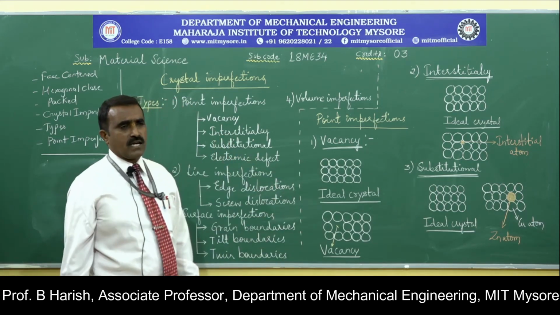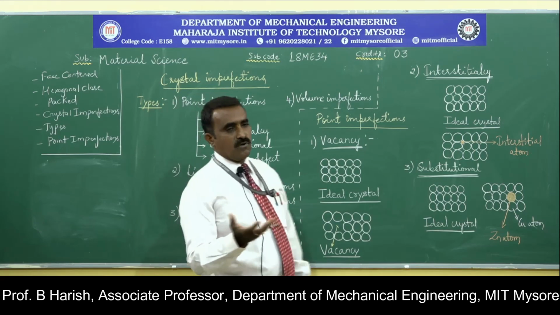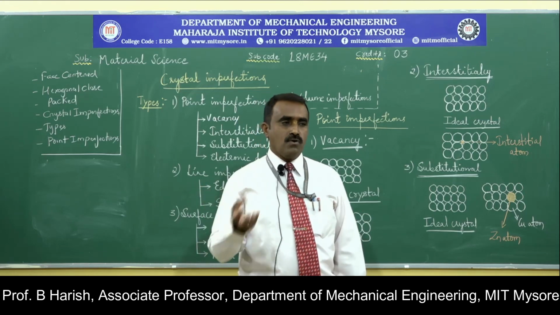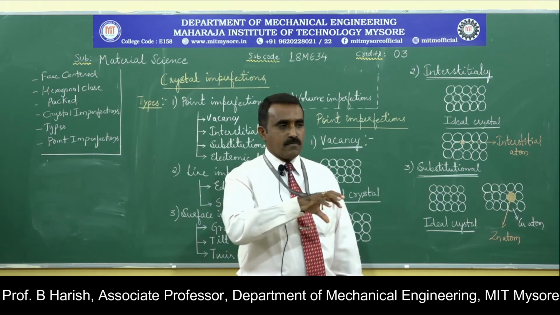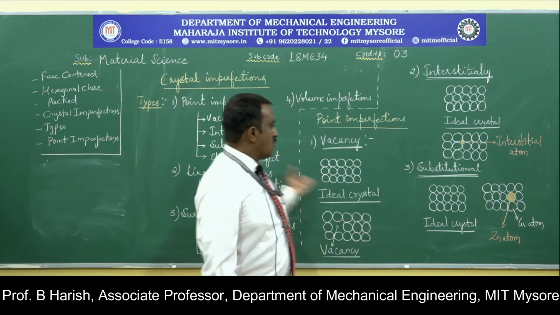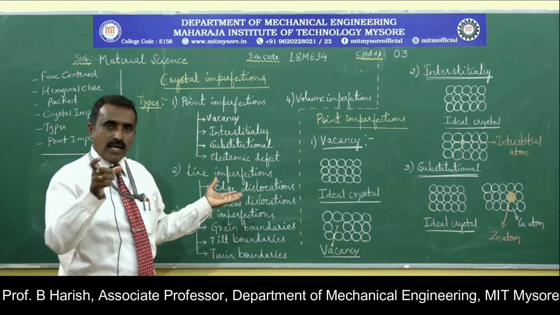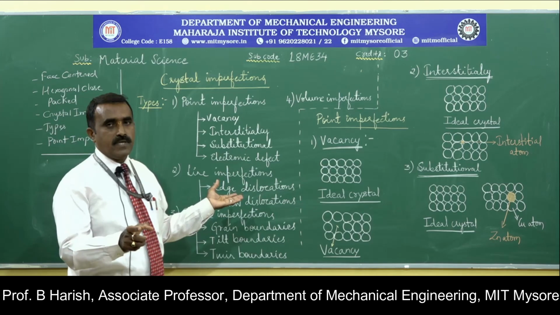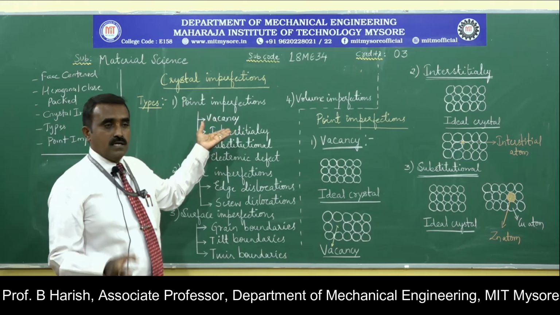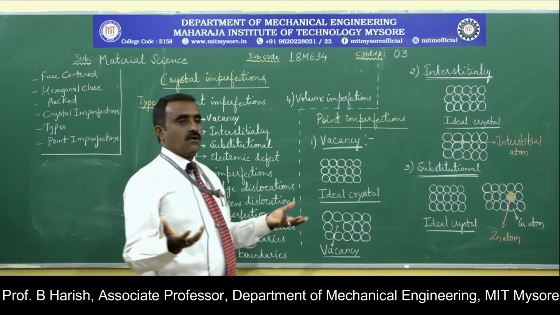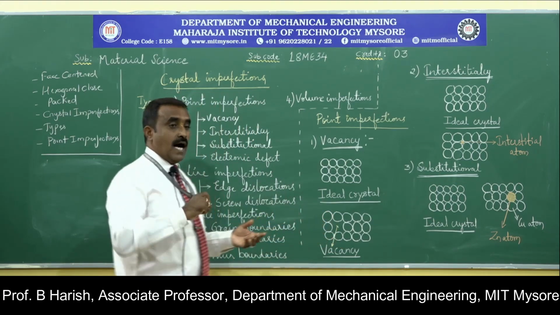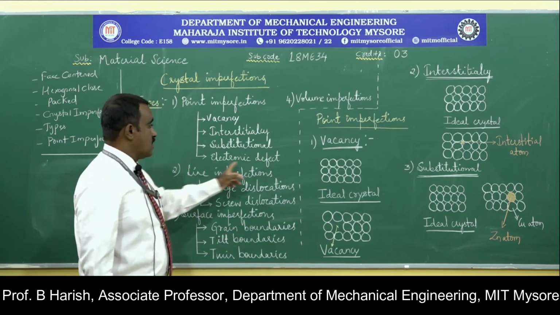Then the last one is the electronic defect. When electric current is passed through a metal, if it is a good conductor of electricity, it will pass through it. When current is passed, the atoms present in the original structure get moved from one point to another. That is called an electronic defect. Here also one individual atom gets displaced, not the entire set of atoms. That's why it comes under, as I told, what we call zero dimensional. We call a metal a good conductor only when current easily passes through it, which is where the atoms get moved from one point to another. That is called an electronic defect.